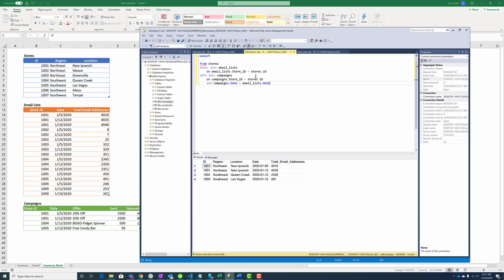And if you're wondering why I often fill in this section of the query before I fill in the select list, it's because it allows me to get the autocomplete so I can see what fields are available. So we know we want stores.id,